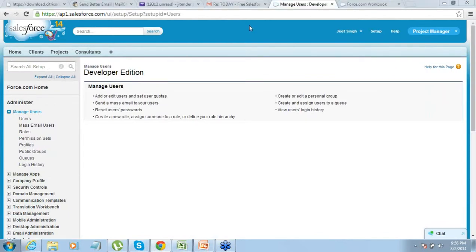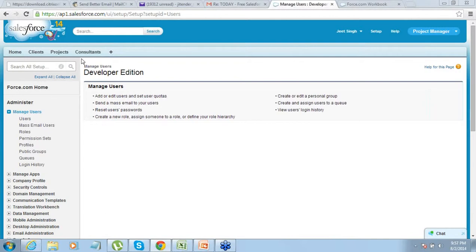Extend this app means if you feel like creating more objects apart from consultant, say you want to have assignments or something else, you can put that. And you can also create more fields in each of these objects. That is how you can extend this, and it depends completely on you how you want to do it.